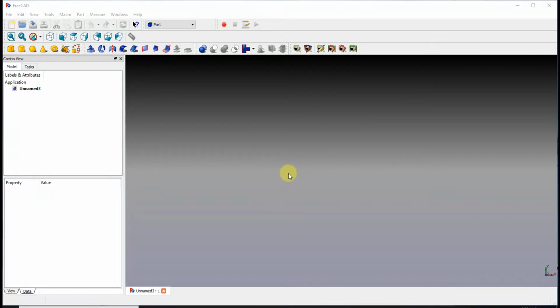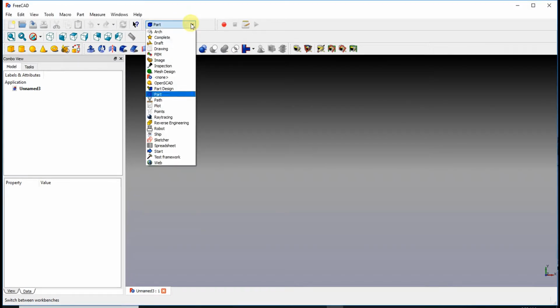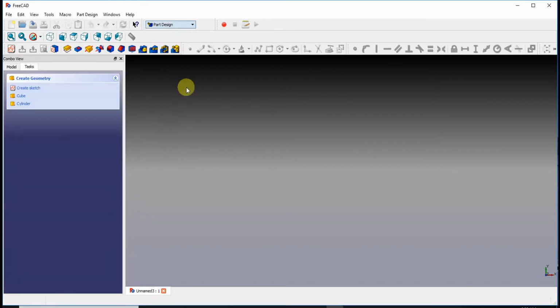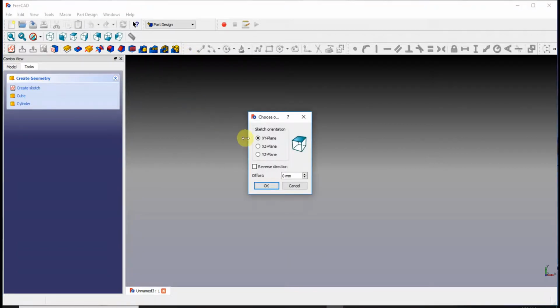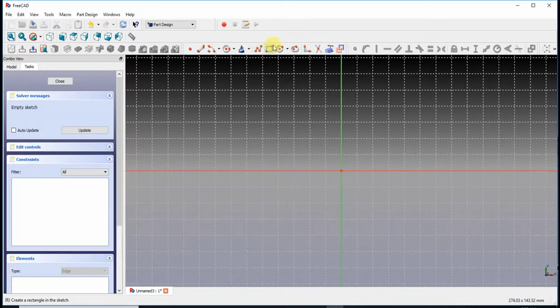Alright, welcome back. I'm going to show you how to do a sweep. So, let's start with a sketch again on the XY plane. Okay. And we're going to